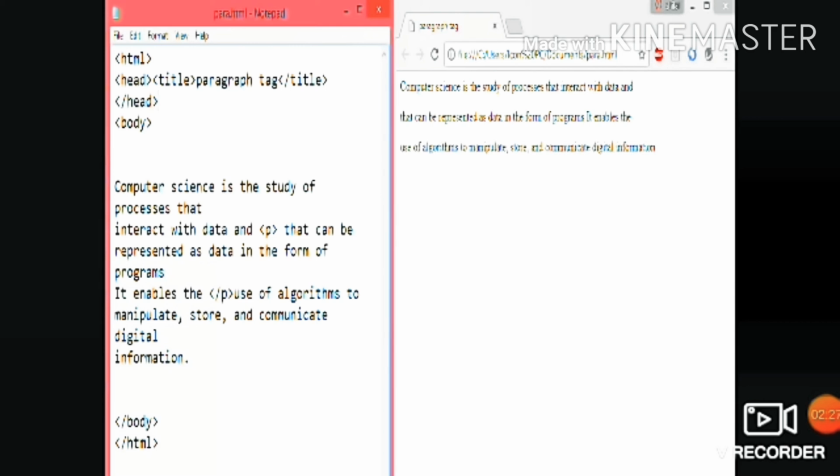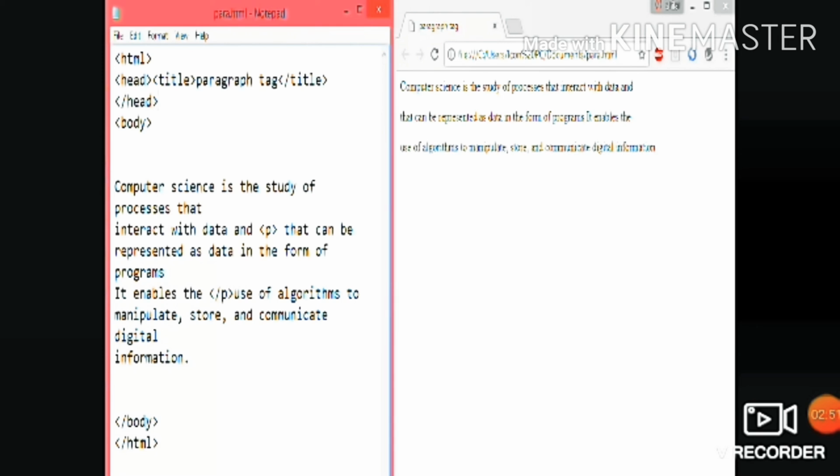Can you see? It starts a new paragraph automatically and adds some space before and after the paragraph. You can observe here in the output window.